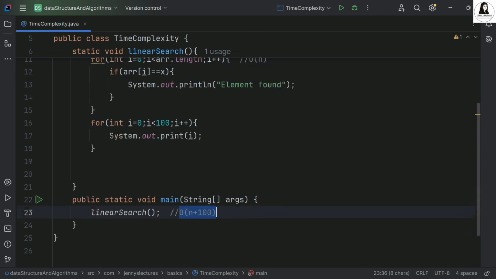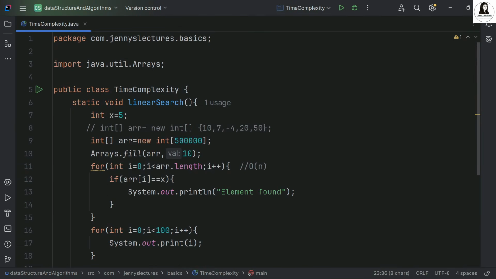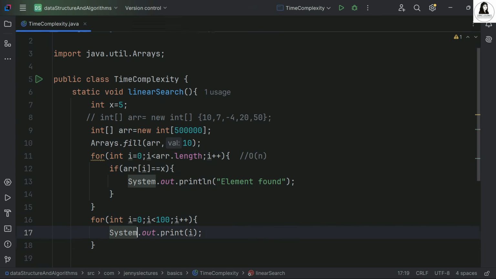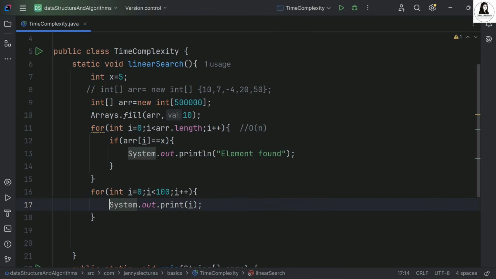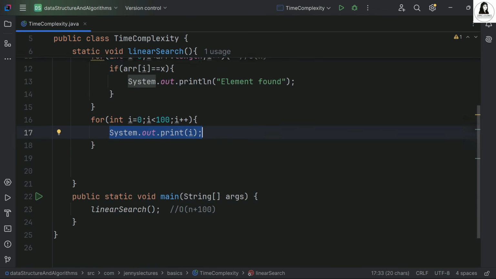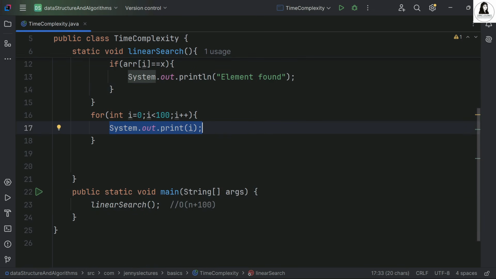Yes or no? If this is the situation, because there are two for loops, you have to obviously analyze how many times these statements have been executed. You have to focus on frequently executed statements. But if suppose n is 50, in that case 100 matters. If suppose n is 100, in that case also 100 matters.